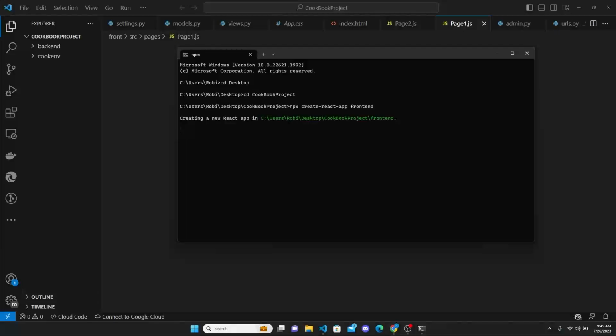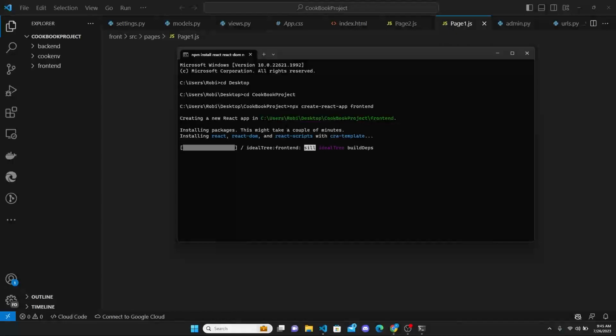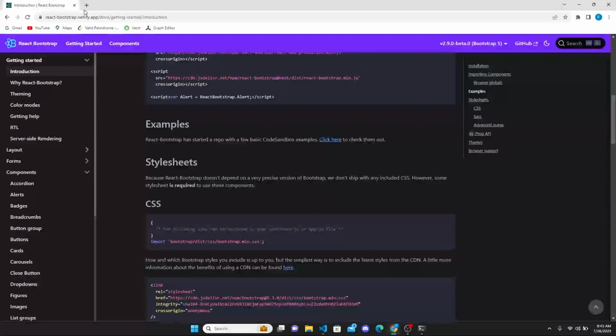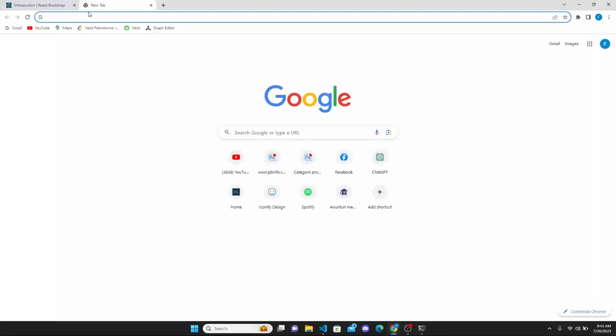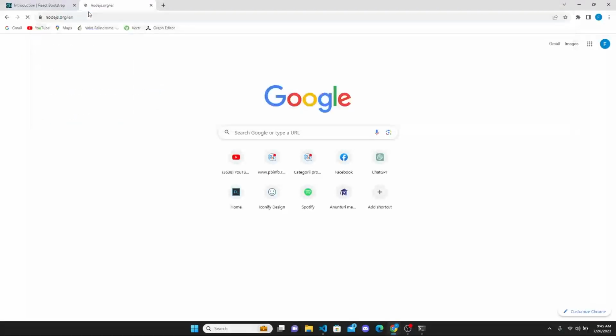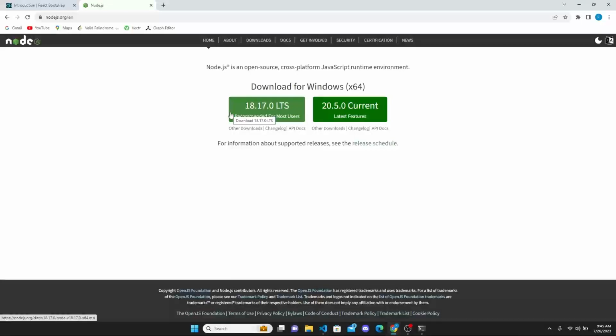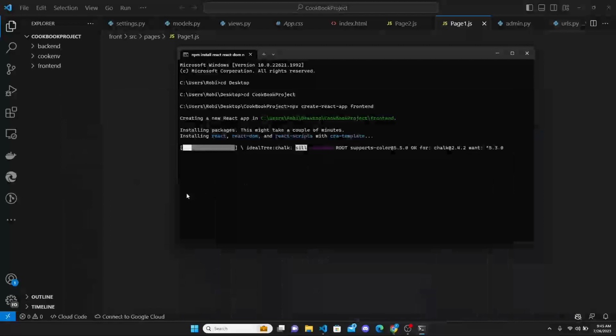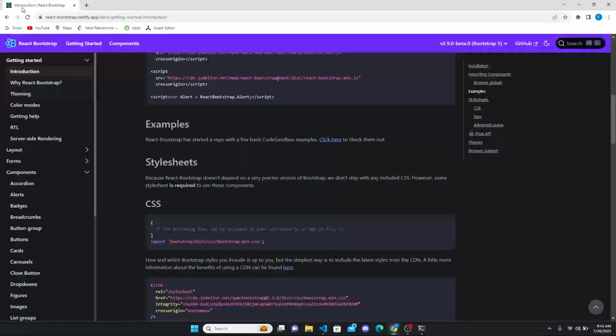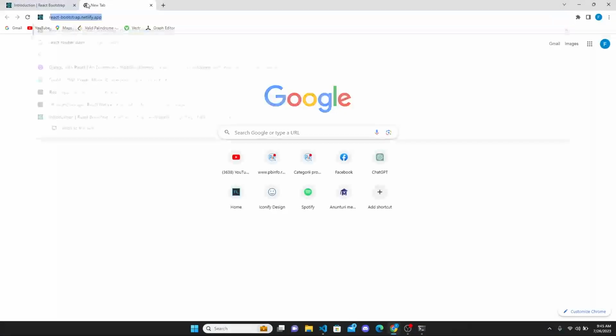This is like how Django created the backend for us. This is going to create a front-end configuration for React, but it's not Django. So if you want to use this, you have to go to Node.js and install the latest recommended version for most users. After the installation, we will have to go to React Bootstrap and React Router DOM